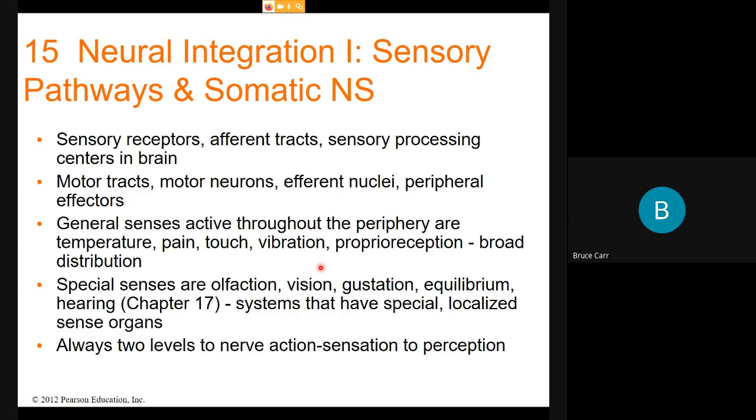Always there's going to be two levels to this kind of interpretation. There's the nerve signal that moves from the receptor to a tract, or from the information processing through a tract. That's the sensation. But then there's the perception. Once it gets to its endpoint, and we are either aware of a sensation or we are producing a motor response, that's the perception. That's an interpretation of the sensation. The signals from the retinal surface of the eye are very different than what we perceive as our sense of